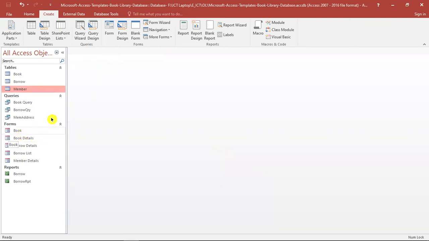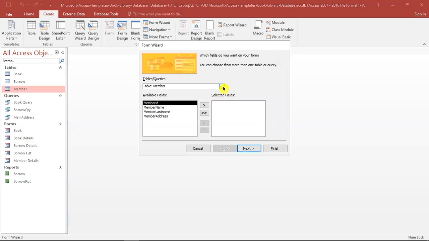forms also. I will show you how to create a form. Simply we can select this form wizard, and we have to select what tables we are going to use for the form.